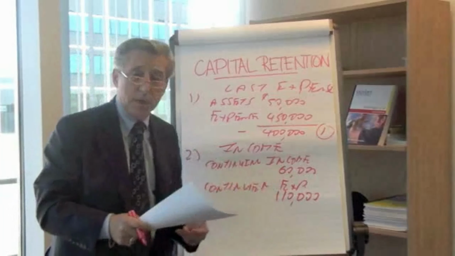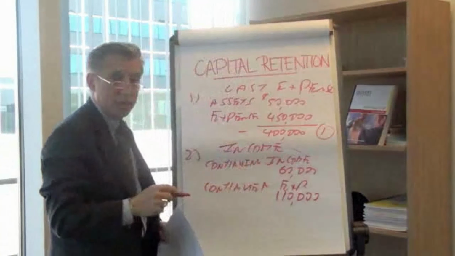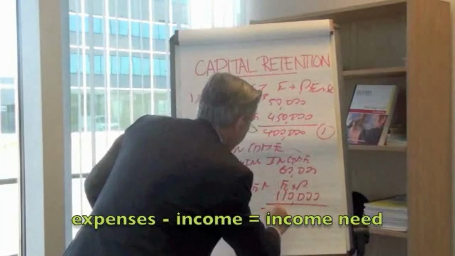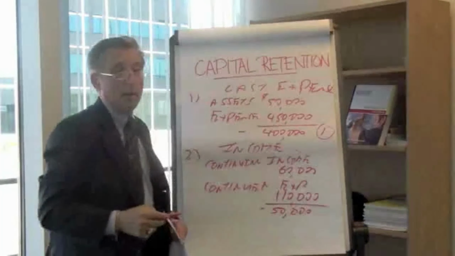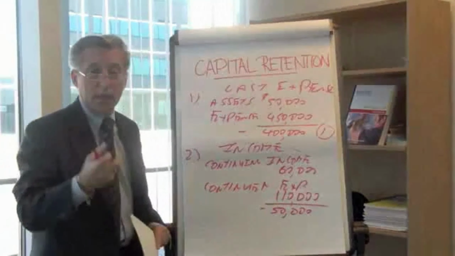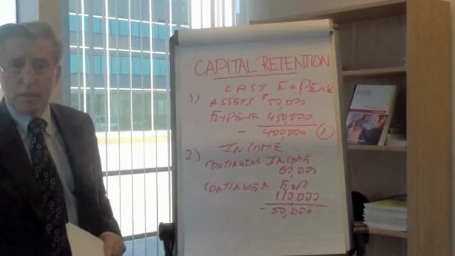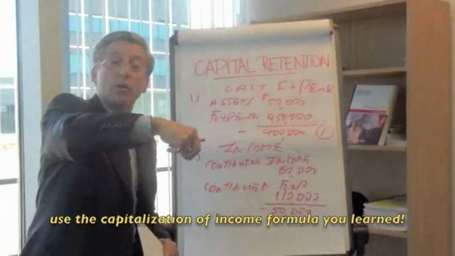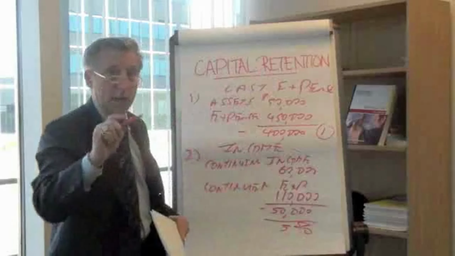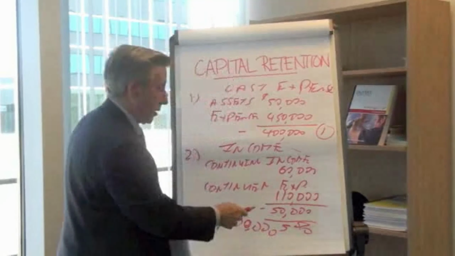Okay, so what you have to do now is say, well, how do I fit all this into the formula? So if we have a continuing income of $60,000 and a continuing expense of $110,000, well, guess what? We have a shortfall of $50,000. In other words, we're short $50,000. So once again, now we have to take that $50,000. How do we create a pool that will generate an income of $50,000 a year? Well, it goes back to that capitalization of income we were just talking about. That $50,000, again, divided by a real interest rate. Remember now, real interest rate of 5%,